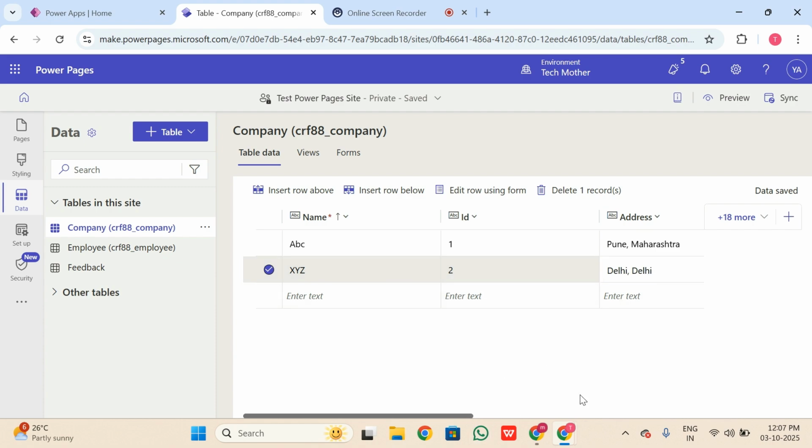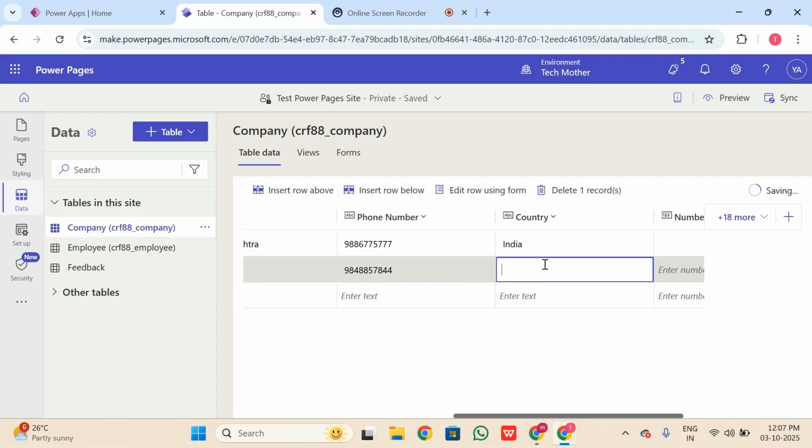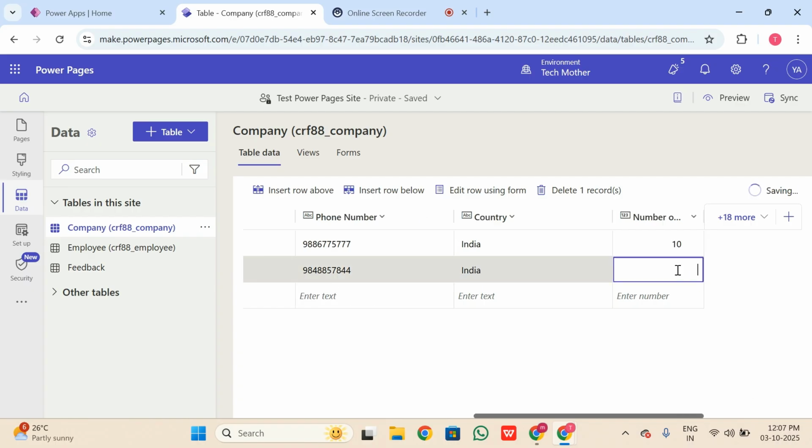Then the phone number is this one, and country is India. Then number of employees I will add 20. Similarly, it is saving the data. You can see it is still loading. Now you can see the message, data saved.